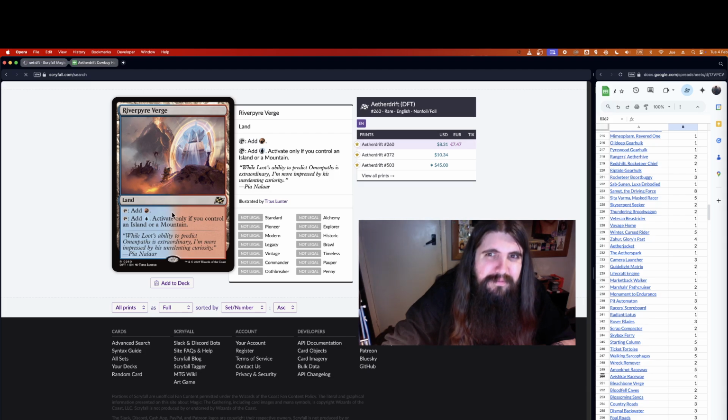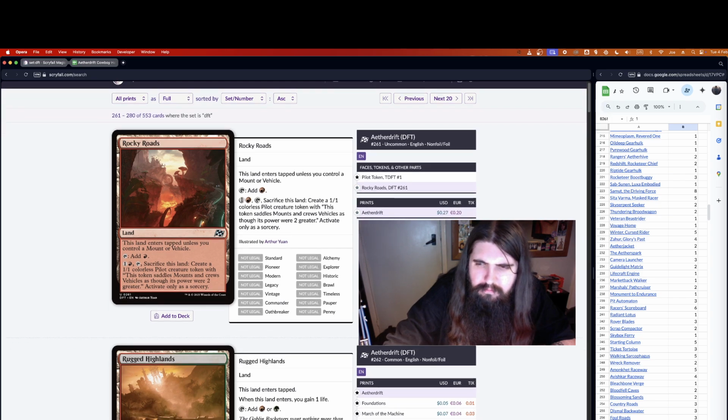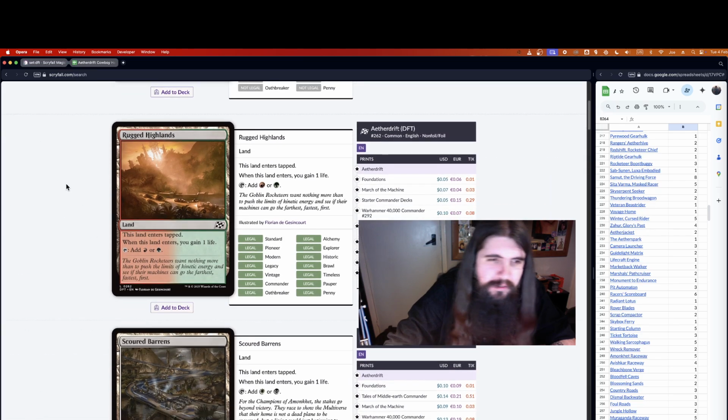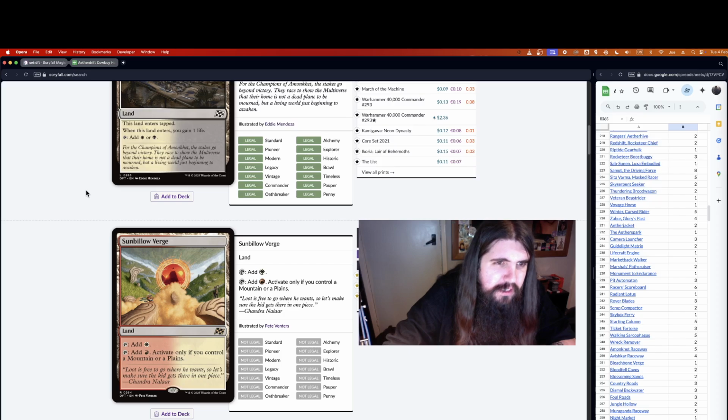Rocky Road. 3. Rugged Highlands, you know, with the road on it. 2. Scoured Barrens with the road on it. 3. That one's particularly offensive. Sun Below Verge. It's not too bad. The fucking portals everywhere, I'm